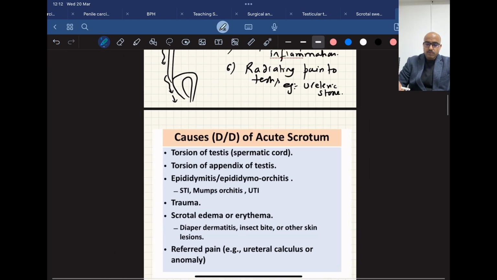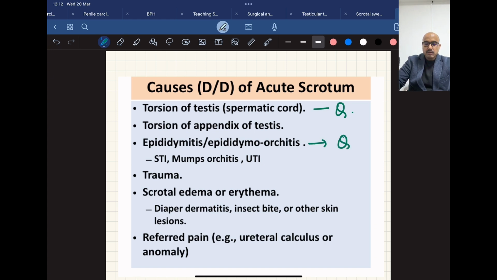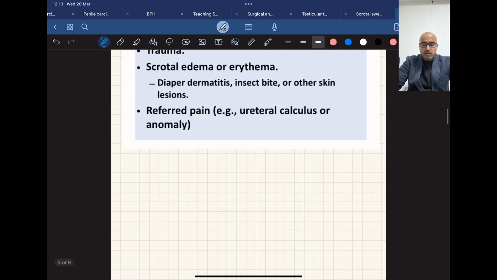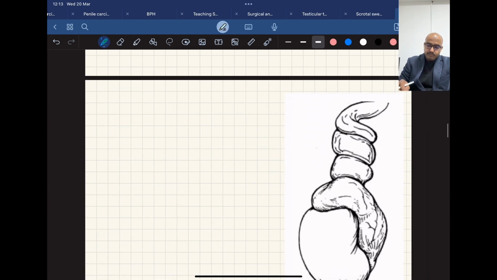Okay, so now let's start torsion testis. This is the differential diagnosis, as I've explained. Focus mainly on torsion, which is important for the exam, and also you'll find a lot of cases of STD causing epididymo-orchitis. For example, there may be mumps orchitis, which is not STD, but still there is a chance of mumps orchitis, and STD may be due to chlamydia or gonorrhea. Okay, now focus on torsion,